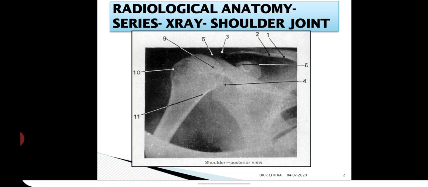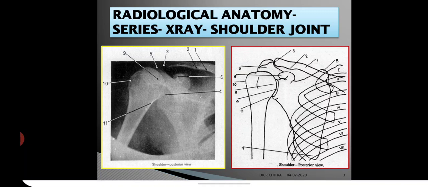Okay, to identify the answers, we will see the next image, a diagrammatic image, with the X-ray given by the side. So 1 is the clavicle. 2 is the conoid tubercle of the clavicle. 3 is the acromioclavicular joint. The joint space is visible in the X-ray; you can clearly appreciate it. 4th is the glenoid labrum of the scapula.